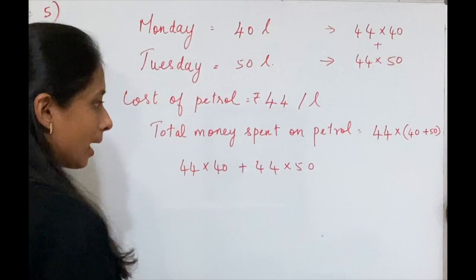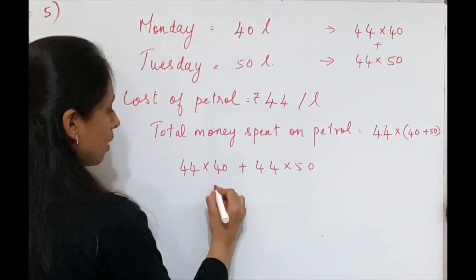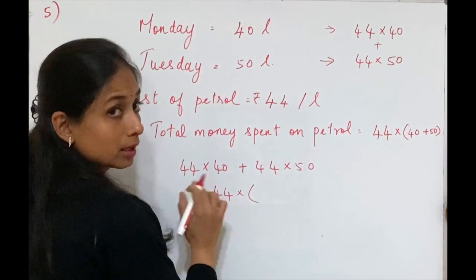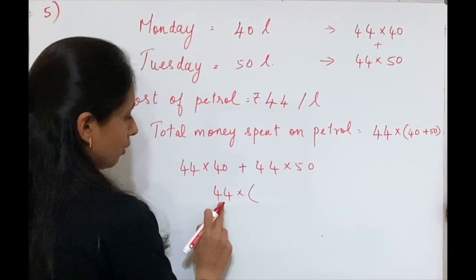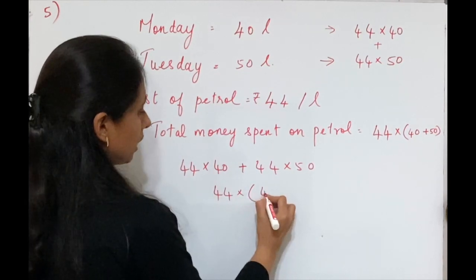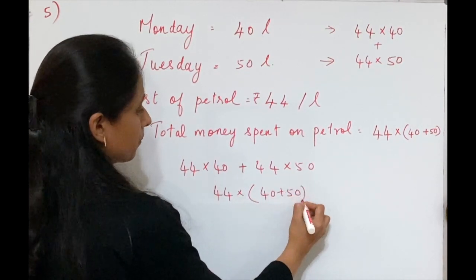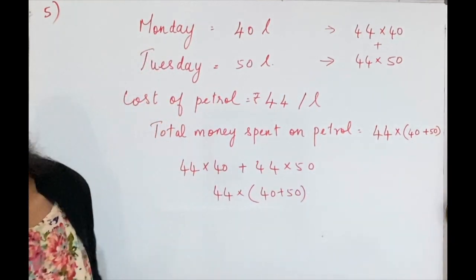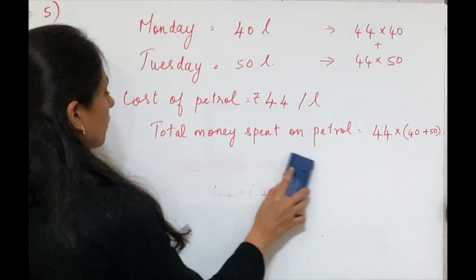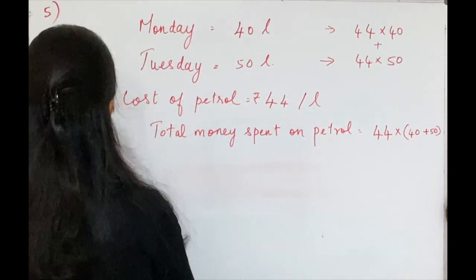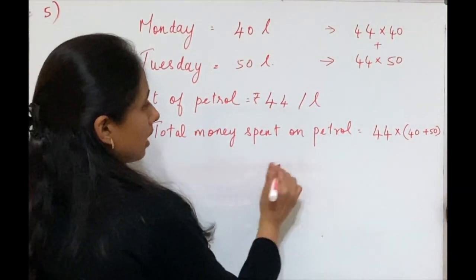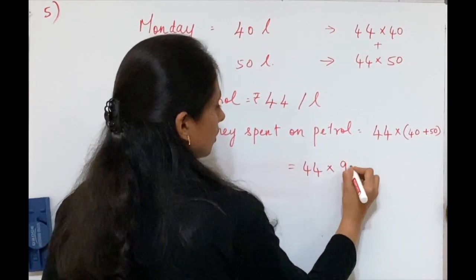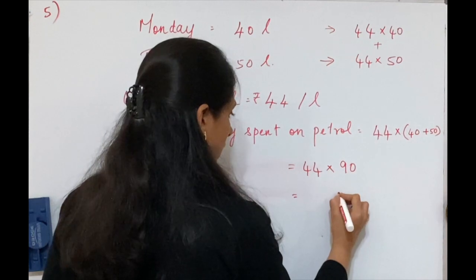So I am directly writing 44 into, this is common, right? Like in our previous problems, 44 I am writing as common, 40 plus 50. Did you understand how I wrote? So this I can solve as 44 into 90, that is nothing but